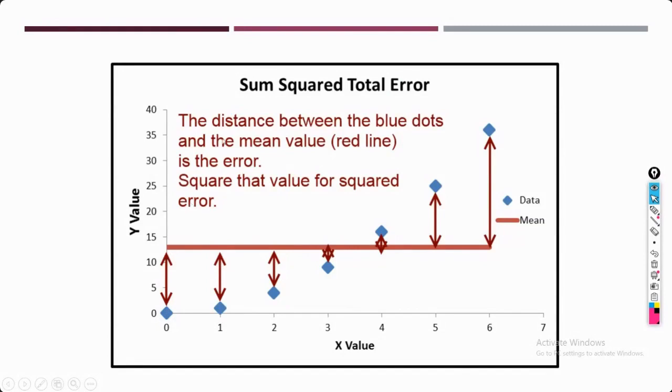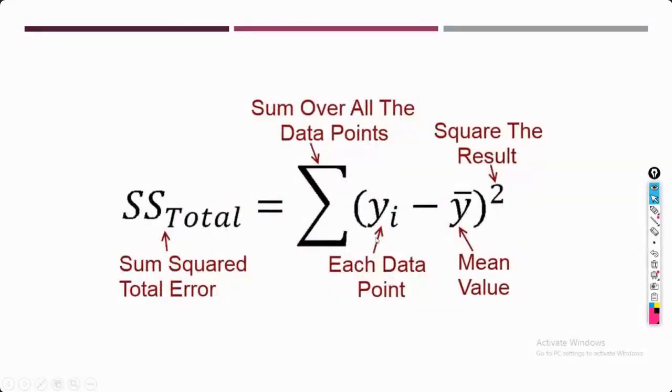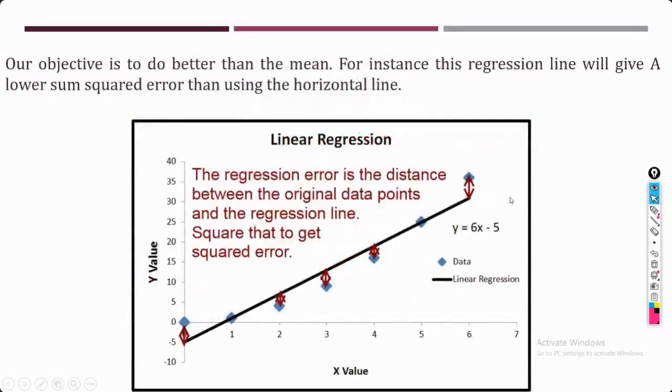In order to calculate your sum of squared total error, we are going to calculate this difference with respect to each of the instances. That is going to define the total sum of squared error. Next we are going to calculate the sum of squared regression error. For that, first I will calculate the value with respect to each of the instances. Value in the sense, I'm going to predict the value of each of the instances based upon this model.